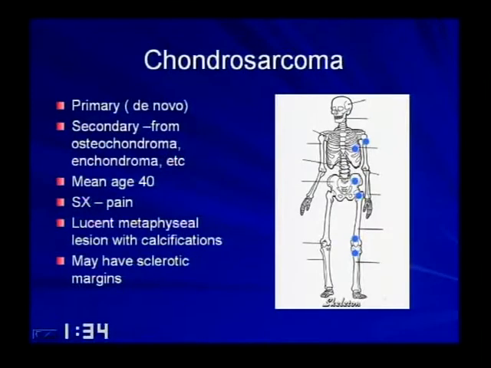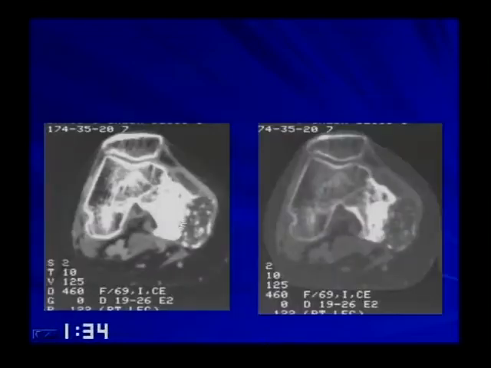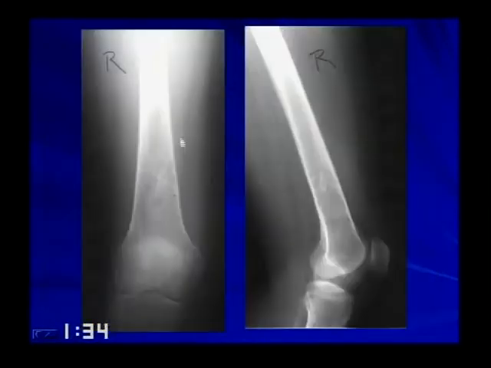Okay, let's talk about malignancies, chondrosarcomas and chondrosarcoma variants. They can arise secondary. We just talked about osteochondromas and enchondromas. The age is older than an osteogenic sarcoma, so we're saying 40 years old. You look for the calcifications for the matrix. They can have sclerotic margins, so they can look sort of benign, but they should be symptomatic. Here's a patient that we saw earlier with this lesion that had these punctate calcifications. And here's a patient with this lesion, punctate calcifications, and was symptomatic. Here you can see the marrow has been replaced with tumor.